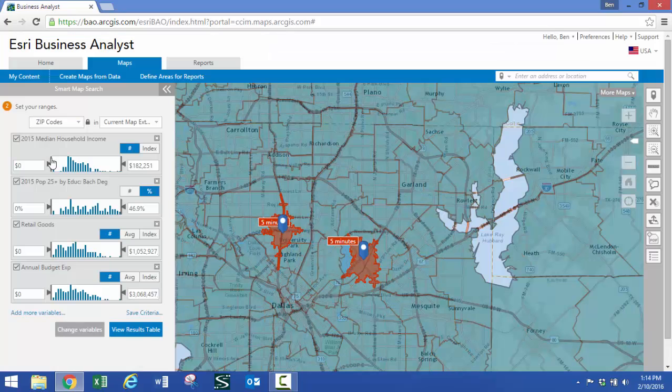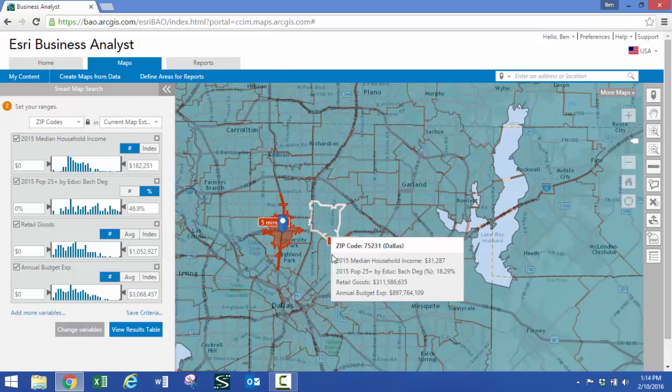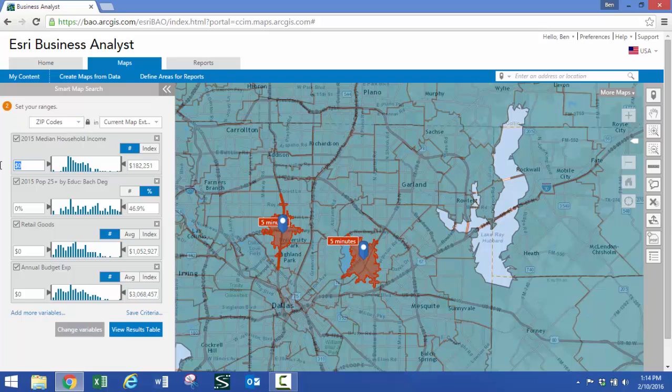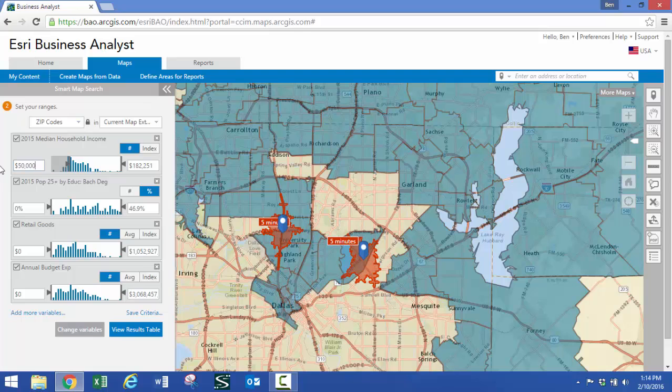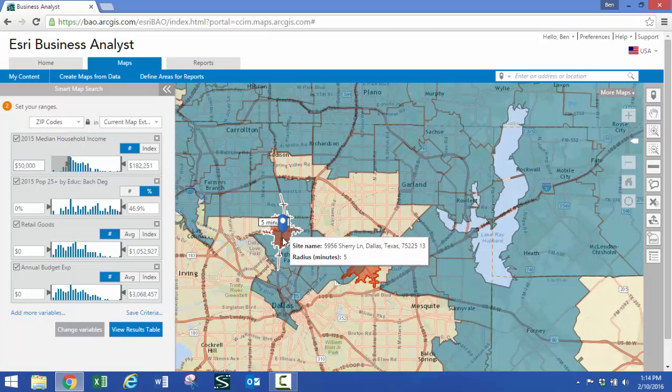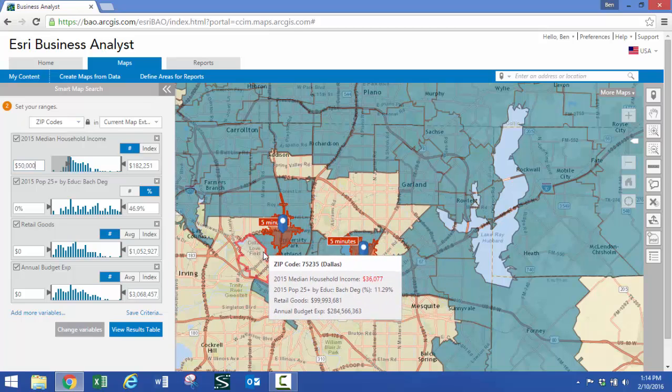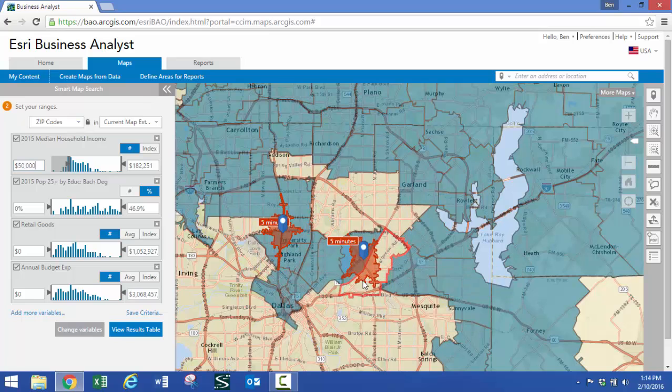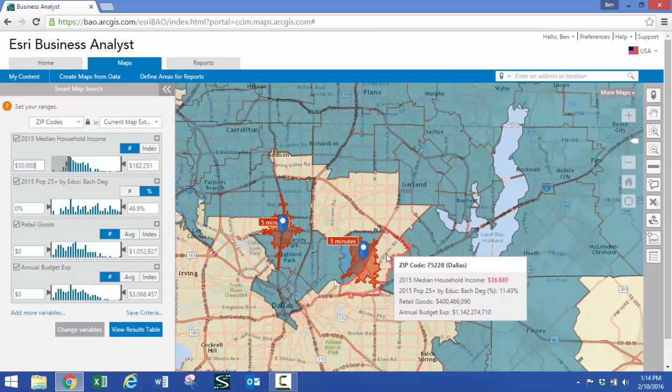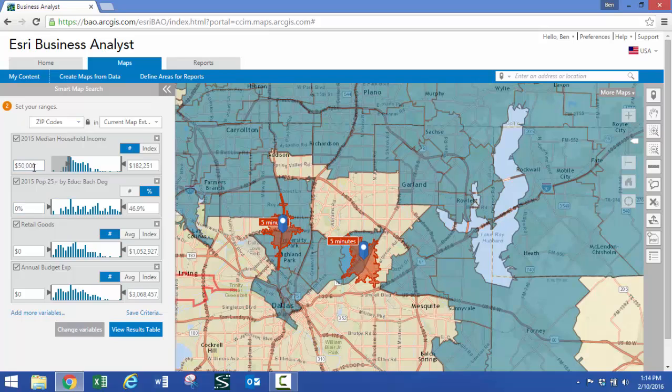Well, the census tracts are the different geographies that are outlined here, but in this case, I'm more interested in zip codes. So I changed my geography, and from a retail site selection standpoint, let's just say that I was interested in locations where my median household income would be over $50,000. So you can see that most of my area here in my Sherry Lane location is still going to be completely contained and over 50,000. You can see that a large percentage of my area here east of White Rock Lake is not going to fall into that category. So we can begin to edit our ranges within our legend to help tell the story that we're trying to tell